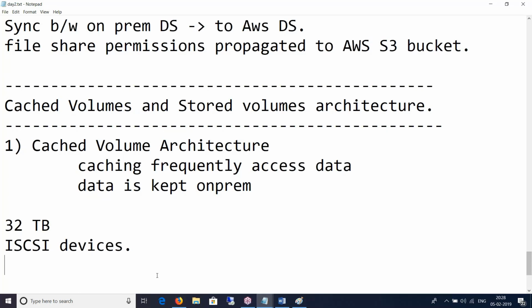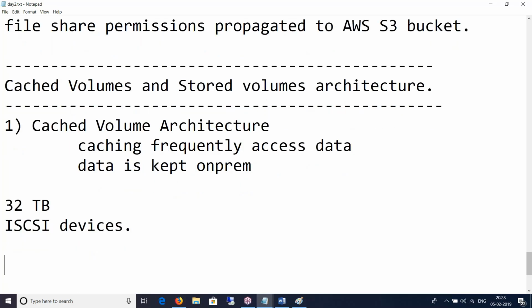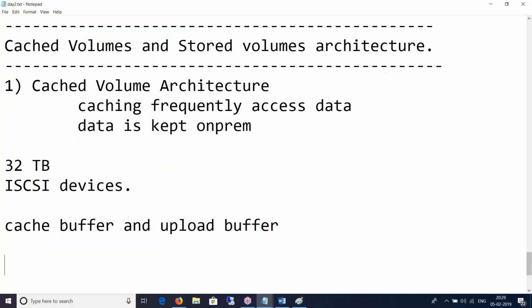So there's a cache buffer and an upload buffer. I'll just repeat the same statement. You store the entire data in the volumes that are backed up by the S3 bucket, and the frequently accessed data is retained on premise within the storage gateway cache and in the upload buffer storage.